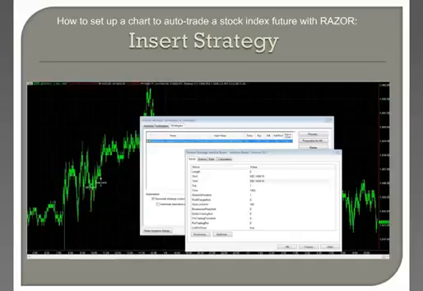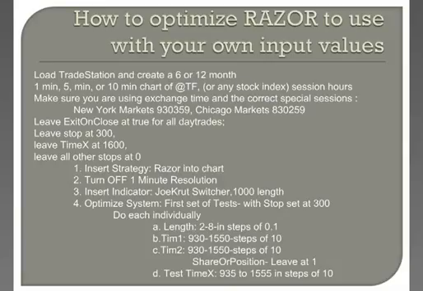Also, there's a time X. That's the exit time. That's the time where the machine will just automatically get you out of the trade at the next bar after that time. So you want to set that to the ending day time. If the market closes at 1600, then put it at 1600 when you're doing your first test. If you want to have a $300 stop on every trade, then leave it in there, and then let that first run go and see where that time window is.